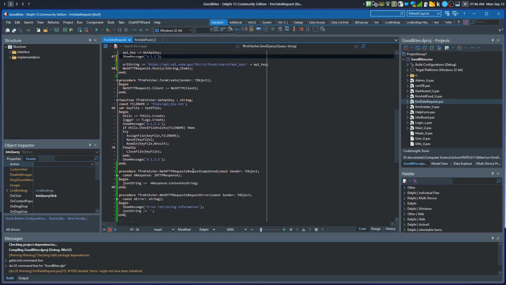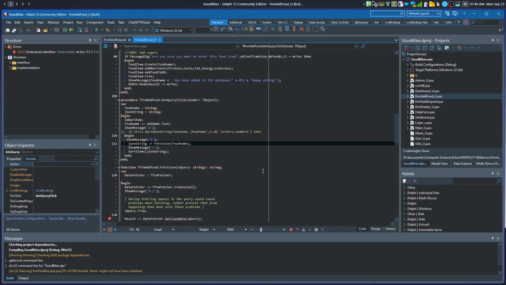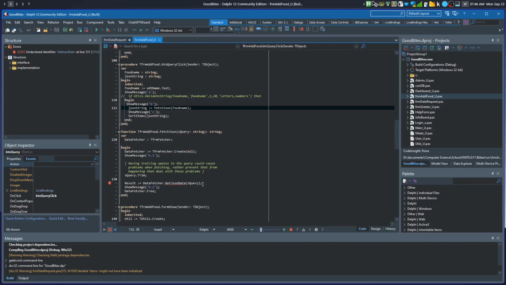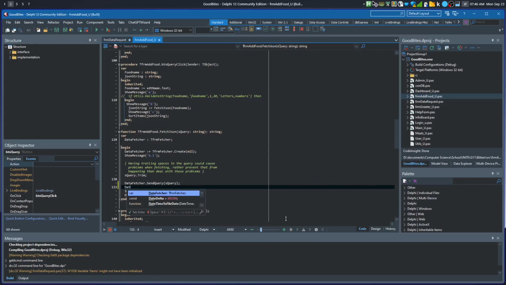Oh, now if I try to get everything, I need to data picture dot query. We'll send query. Then we send out a query through. Then we say result is